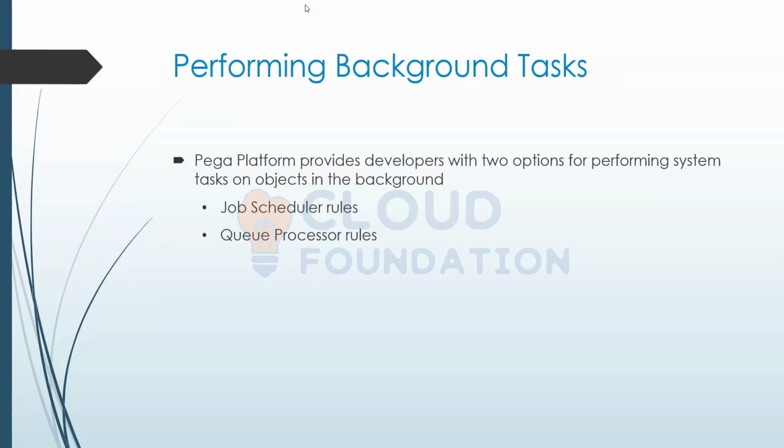So generally what agents do is they automate the process that was earlier done manually. Now you automate it, right? So without any manual intervention, the process just goes on. Now those are replaced by job schedulers and queue processors. So we'll see how this works. I think we'll take one of